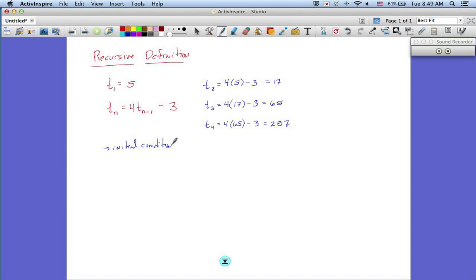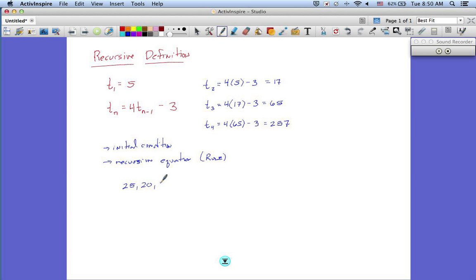And then, and only then, can you use the rule, the recursion equation, that allows you to go from that previous term to the next term. And you can certainly take some recursive equations and turn them into the explicit equations. Let's take